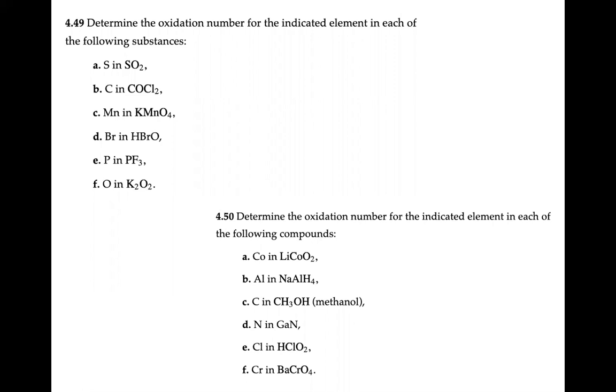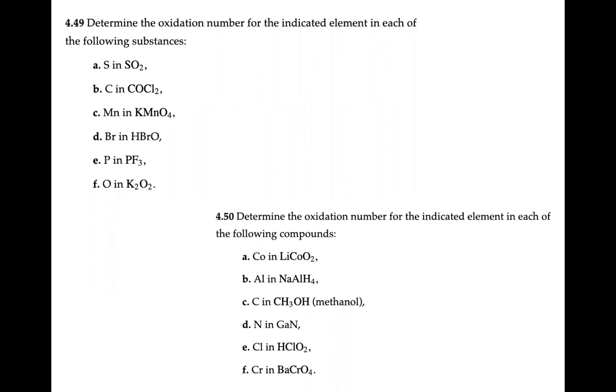If you notice, the times when it's not -2 and it's only -1 is when it's paired with other things where it can't become -2. H2O2 is my best example because the hydrogen can only become +1, so the oxygen can only become -1. And that's what we're also seeing here, that my potassium's +1, so the oxygen becomes -1. But in all of these other examples, I'm not going to be fooled and say, oh, there's an O2. In all of these other examples, I'm going to make the oxygen itself